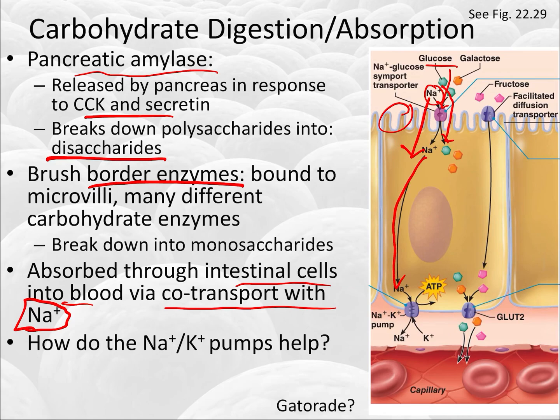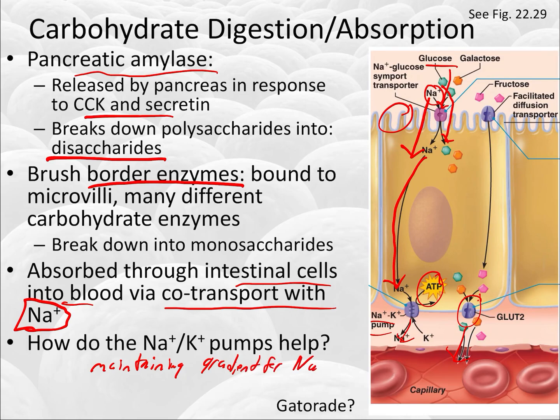So the sodium has to get pushed out. That happens via the sodium-potassium pump we talked about last semester. This requires some ATP, so that pumps that sodium out back into the blood, so we maintain that gradient, and we can see the glucose and other monosaccharides getting transported into the blood there. Okay, so the sodium-potassium pumps help by maintaining the gradient